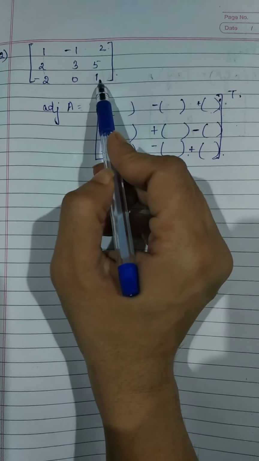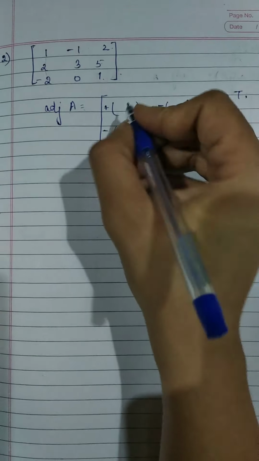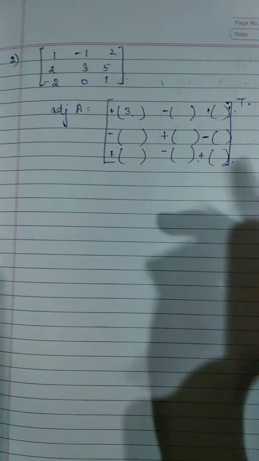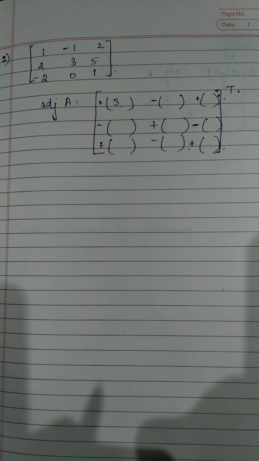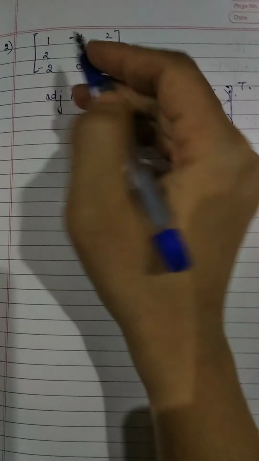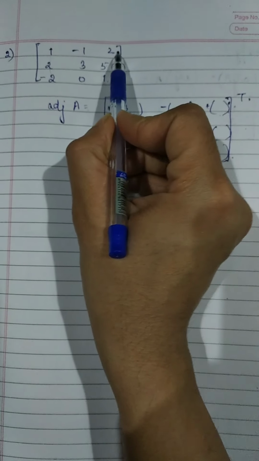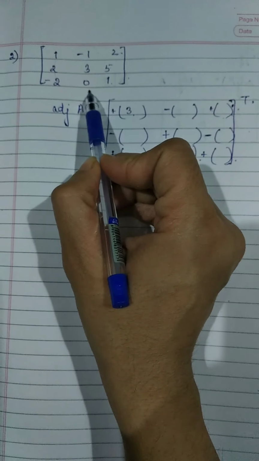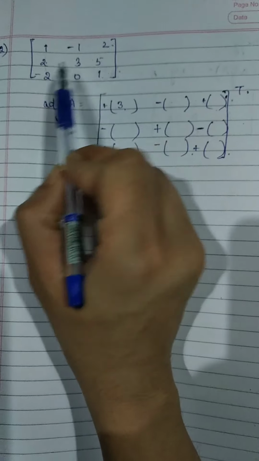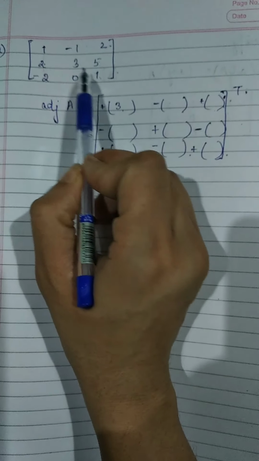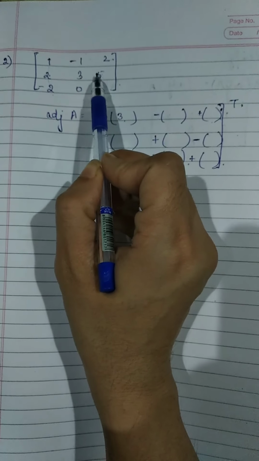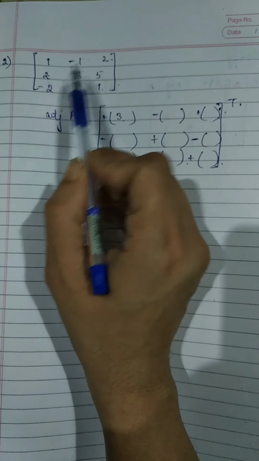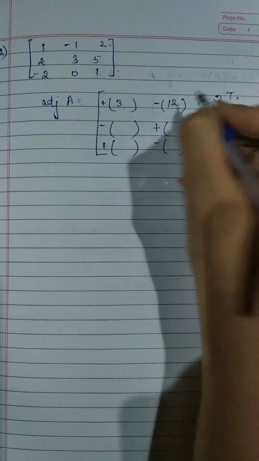We have 3 minus 0, which is 3. Right? This is how we find out a minor for a 3 by 3 square matrix, the determinant of the remaining 4 values. Likewise, eliminate this particular row for this element and this particular column. So we have 2, 5, 2 and 1. So 2 ones are 2 minus 10. So that is 2 plus 10, which is 12.